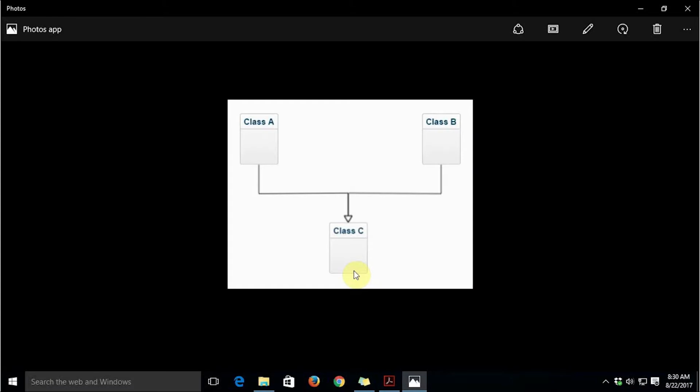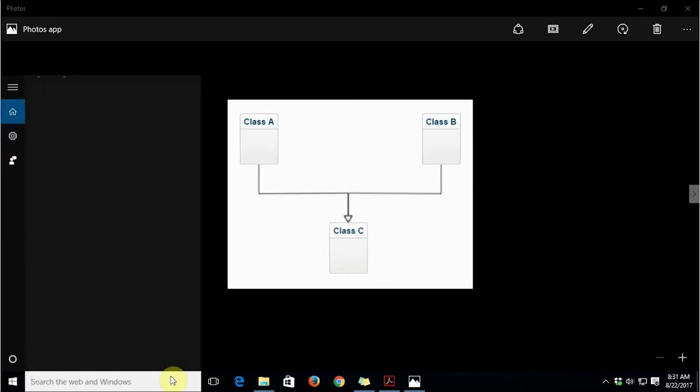In this video tutorial, we are going to see what multiple inheritance is and how to implement that in Python. Okay, so here is a parent class A, and there is another parent class B. And as you can see, the class C is derived from both the classes, class A and class B. So this sort of inheritance is known as multiple inheritance, where a child is derived from two or more parents. So let's try to see a practical example of this.